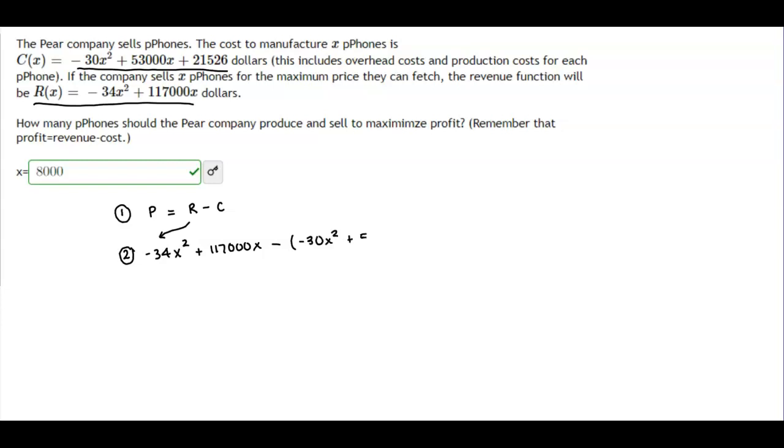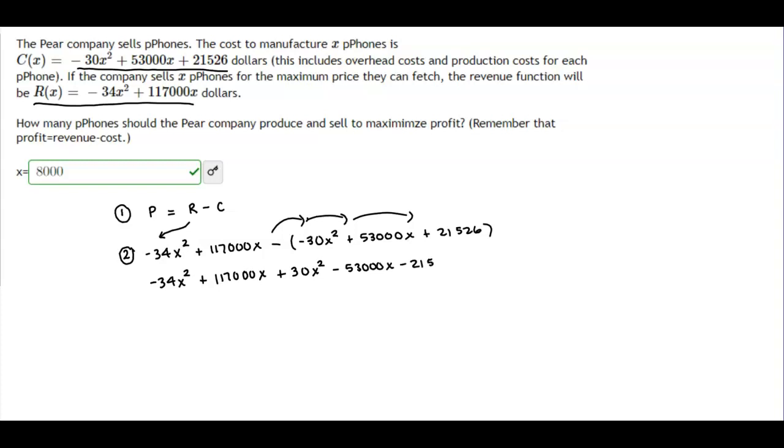squared plus 53,000X plus 21,526. And now what we're going to do is distribute this minus sign to each of those terms. So we have negative 34X squared plus 117,000X plus 30X squared minus 53,000X minus 21,526. Okay, now if we combine like terms, then we end up getting negative 4X squared plus 117,000 minus 53,000